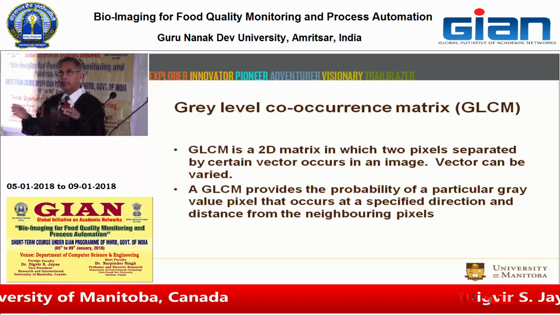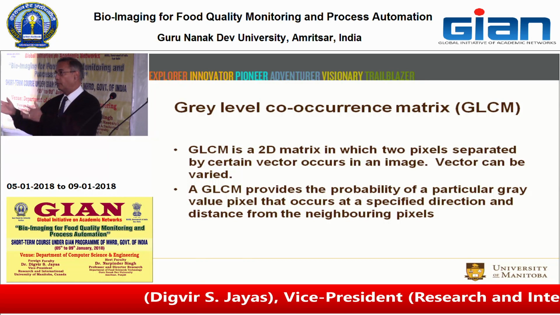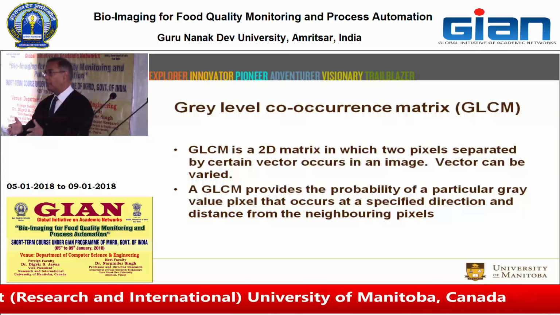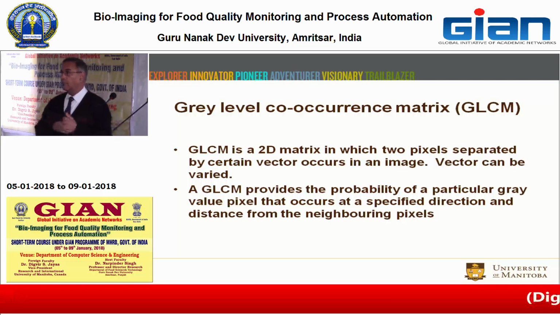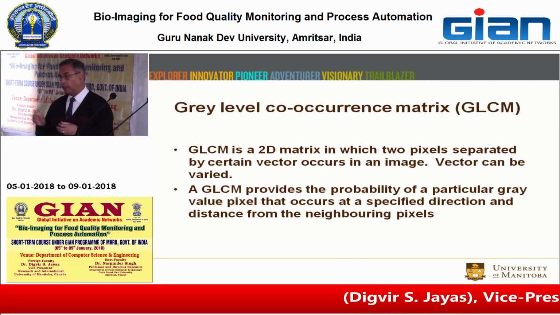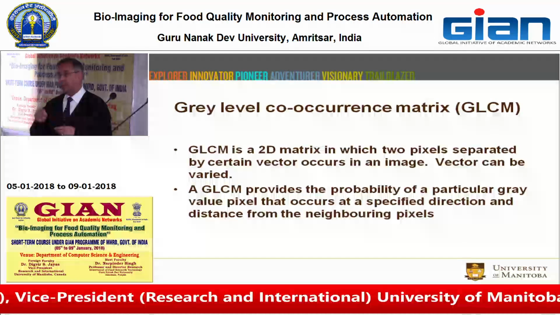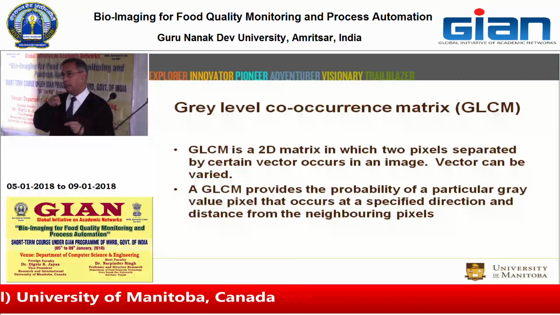So what you are looking at is, for example, gray level 1, and is it separated from gray level 3 or gray level 6, and how are they separated? So you are trying to understand that separation. So in the image, if you have a lot of undulations, the gray levels would be varying quite up and down. So when you look at just the surface of the gray levels, the roughness basically dictates